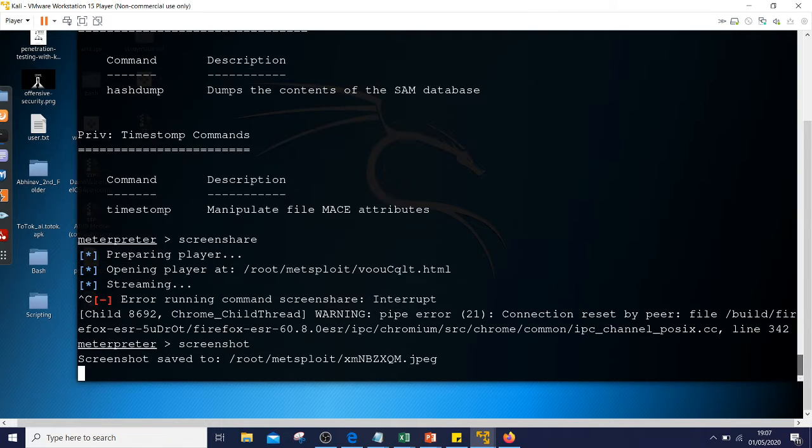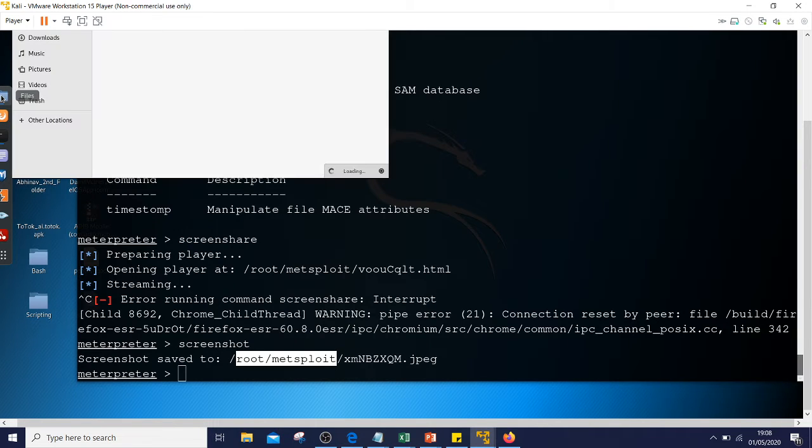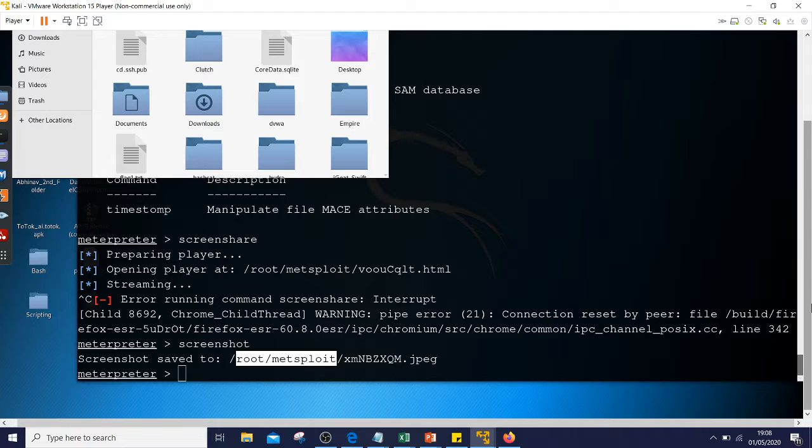As soon as you have done a screenshot, it is saved to root Metasploit in JPEG format. If you want to go there, you can write root and Metasploit, and then you will be able to see the screenshots saved here.